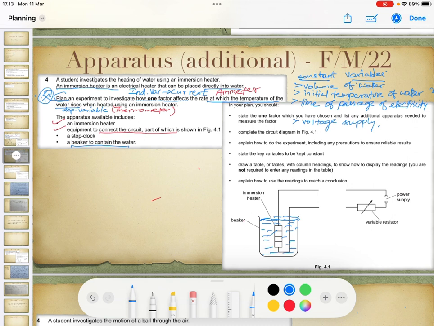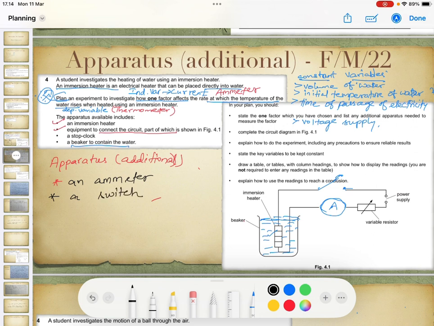All right. Now, the circuit is incomplete, but you have a variable resistor to vary the current and a power supply. So what else do you need? You need to connect an ammeter. So the missing element here is an ammeter. And then what else do you have here? Of course, a switch, right? So what are the additional apparatus required now? Additional apparatus are: number one, you need an ammeter, you need a switch to complete the circuit,